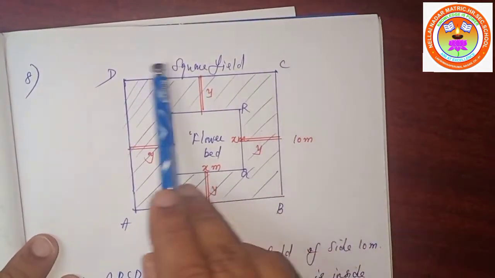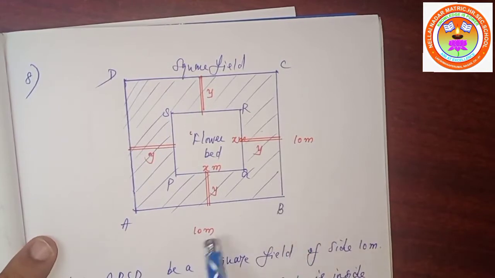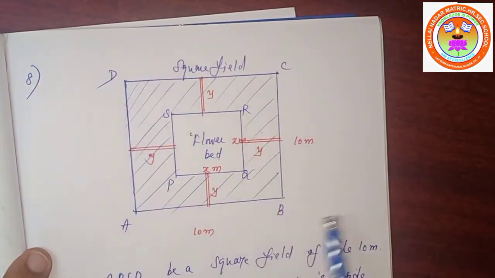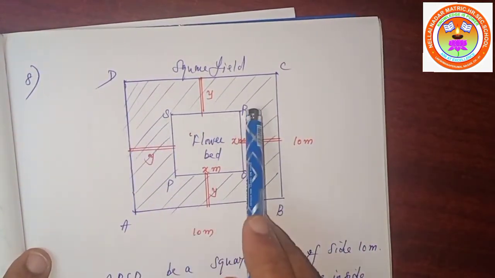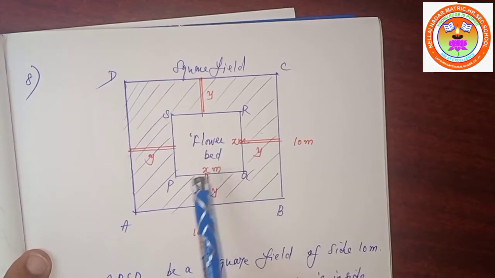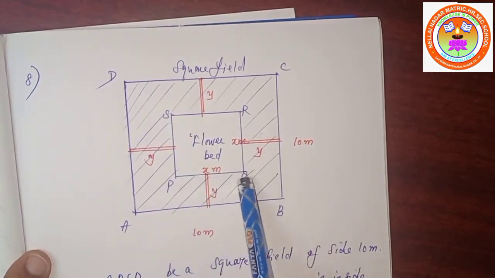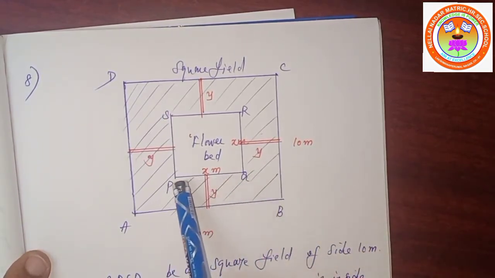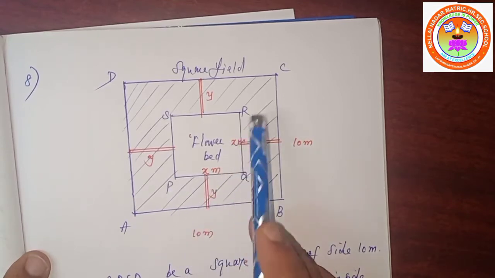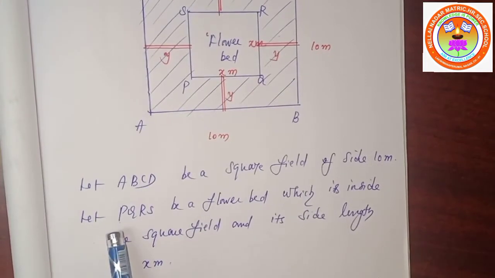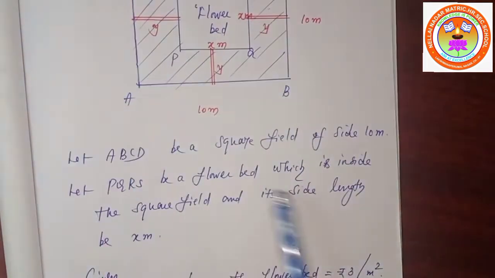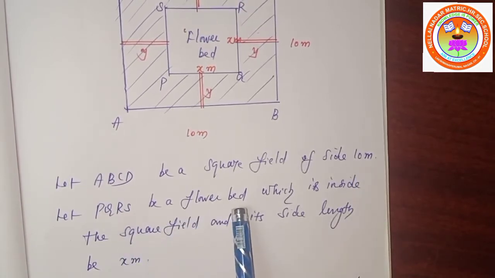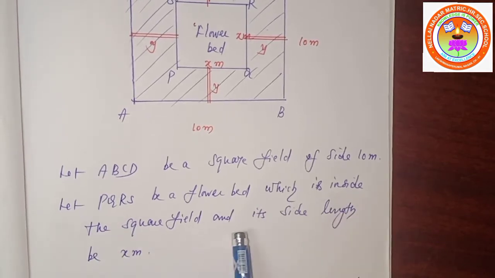Square field ABCD is a square field whose side length is 10 meters. 10 meters, 10 meters, 10 meters, 10, because it is a square, all sides are equal. Inside the square field there is a flower bed that is also in the shape of a square. I consider PQRS is a flower bed. Since it is a square, I consider the side length is x meter, x meter, x meter, x meter. Let ABCD be a square field of side 10 meter. Let PQRS be a flower bed which is inside the square field and its side length be